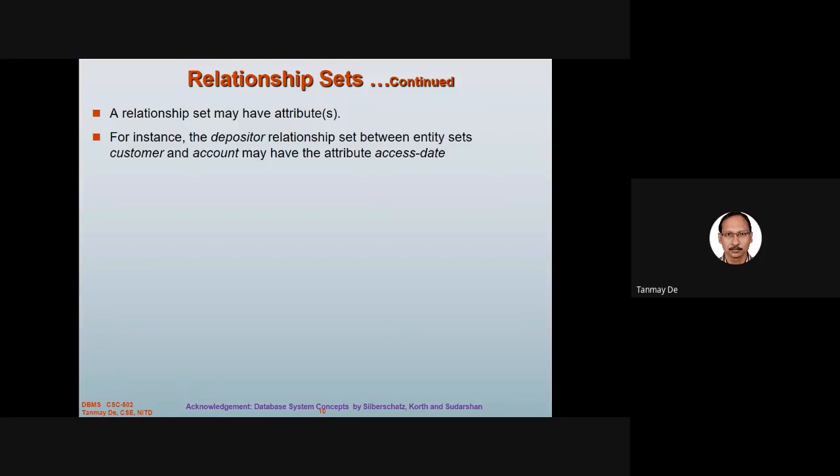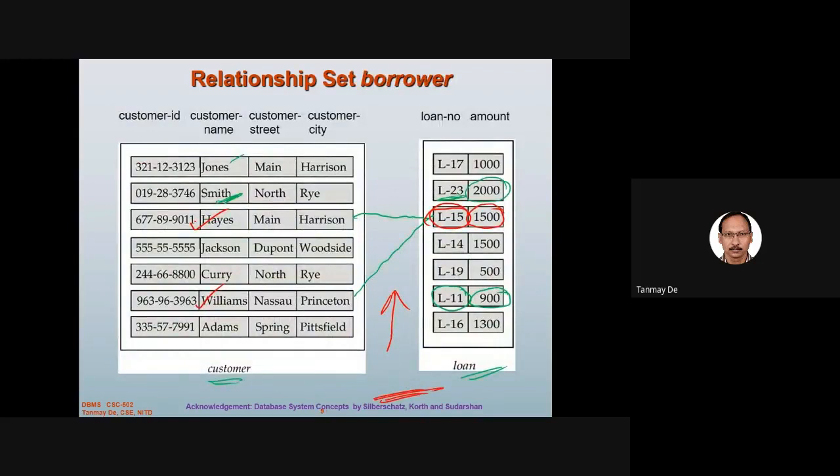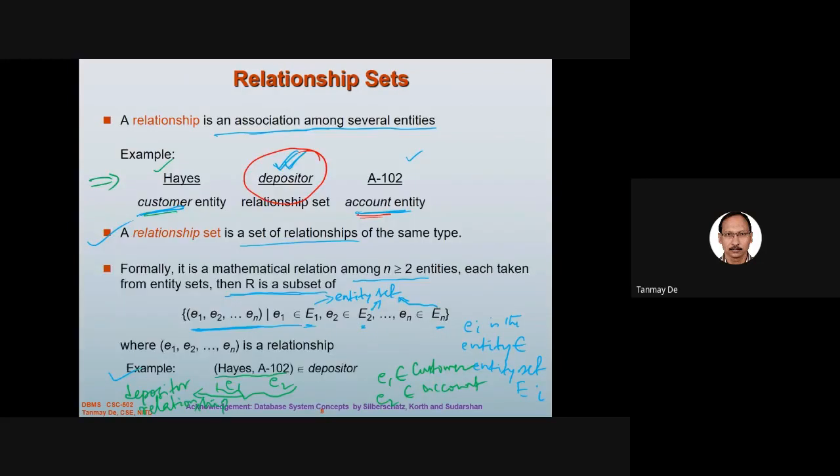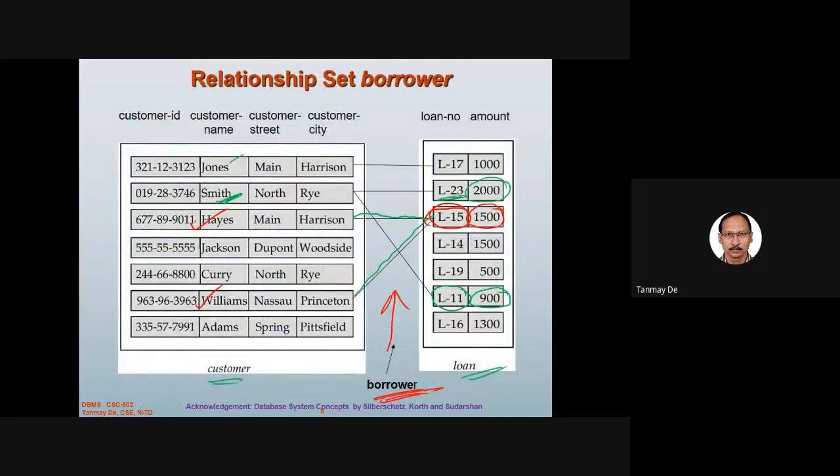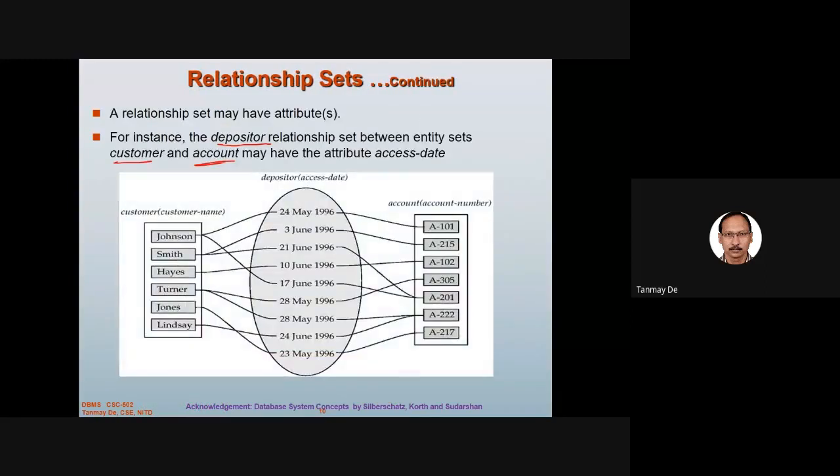That is the relationship, the instance of the depositor relationship, it contains the customer and account number. Let's see. Customer name and account number. This is the depositor relationship. So the customer and account attributes actually come from the